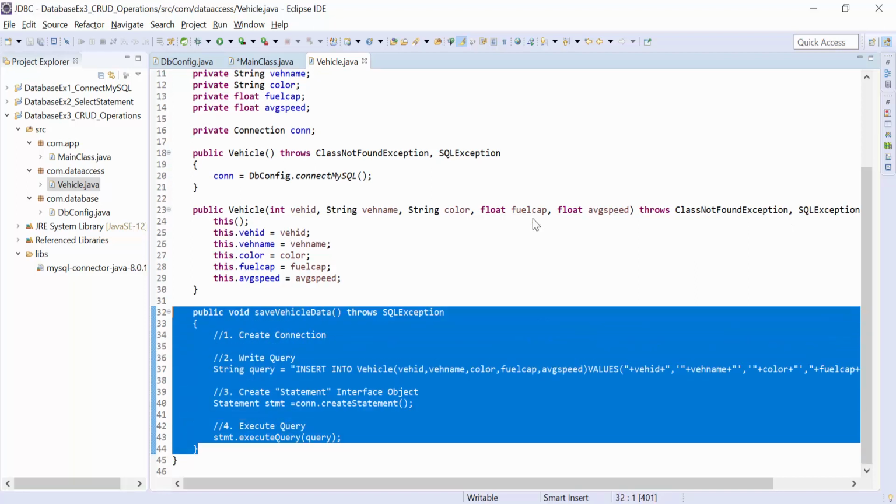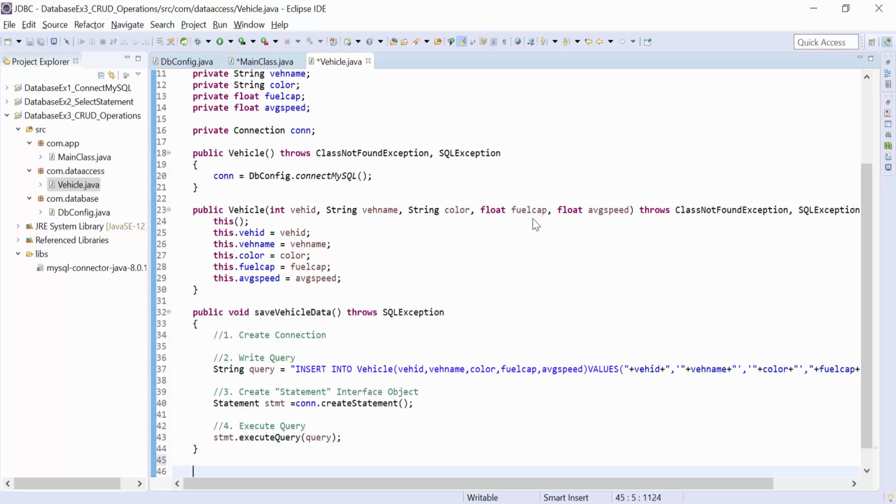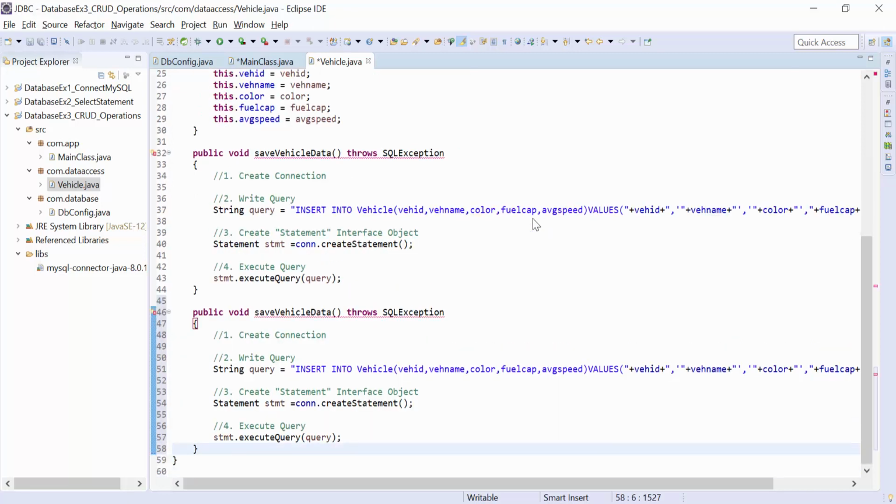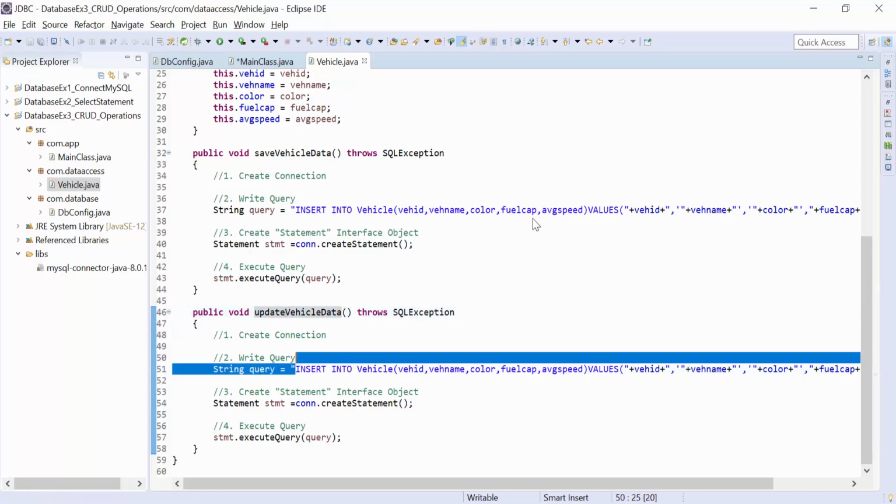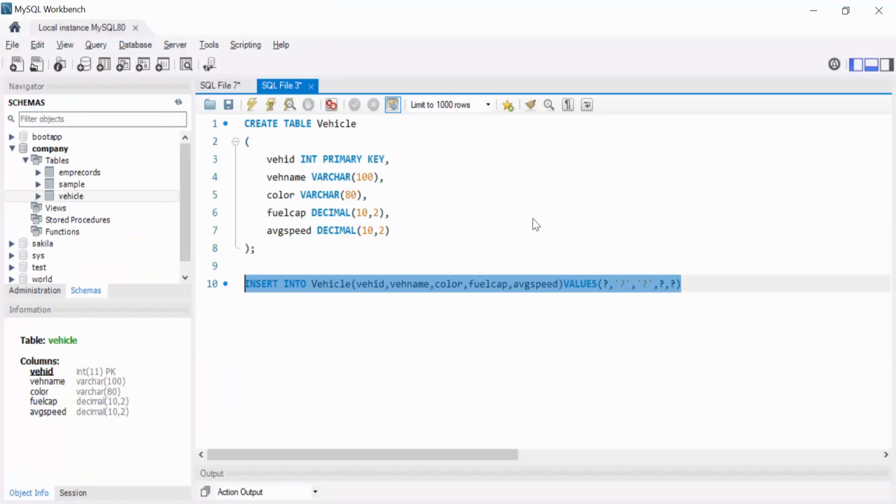Now similarly we need to perform the update operation. So now how to update? To update we write here, instead of save, we write update vehicle data, and to update, this query we need to change. Now how to write update?